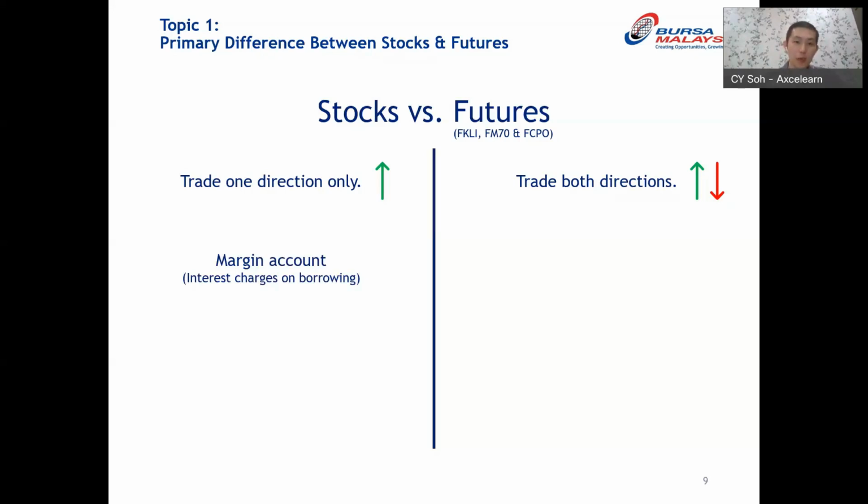If you want leverage in stocks, either you trade stock options or warrants, or you use a margin account to trade stocks, where you get margin facilities from a stockbroker by borrowing money from the stockbroker to trade. So that's where you will be having leverage. You need a margin account and use these borrowing facilities to trade your stocks. You are borrowing money from the stockbroker to trade, and you need to pay interest charges